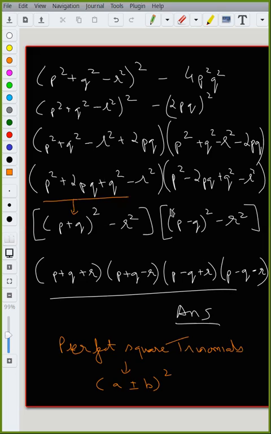Any doubts, anyone, in any of this format of difference of two squares? Okay, in the next class tomorrow, we'll be doing sum or difference of two cubes, which is a cube plus or minus b cube. Even though that expansion has been done earlier, we can now see how we can factorize it.